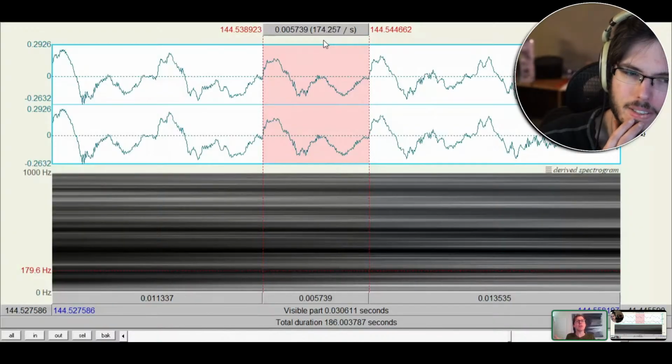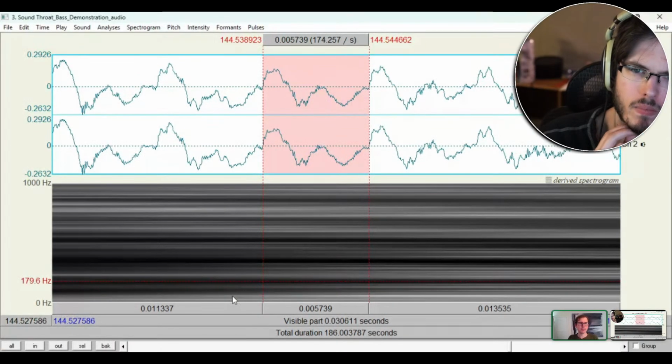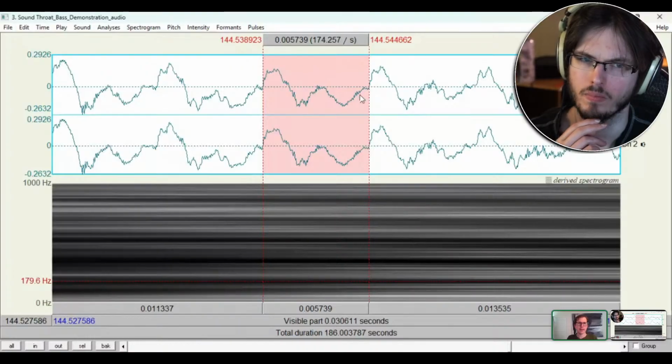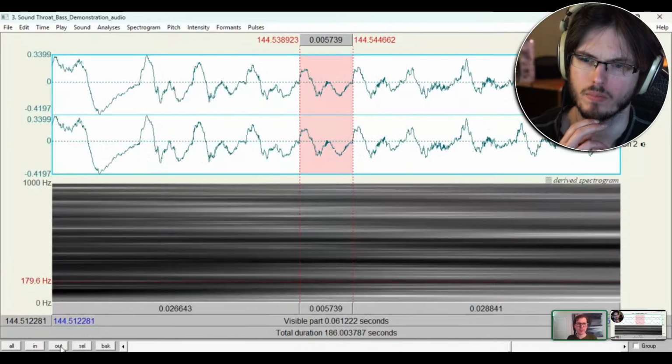It's not even close to as fast as the vocal folds can vibrate if you're a soprano or something, but try to do anything 175 times in 1 second. It's very hard. The vocal folds are just awesome. So that's how fast the vocal folds are vibrating in this plain voicing situation.